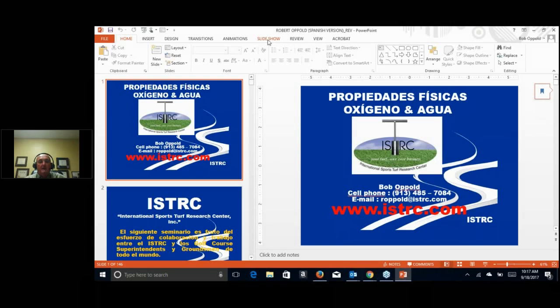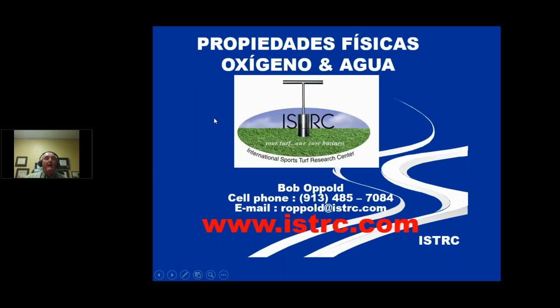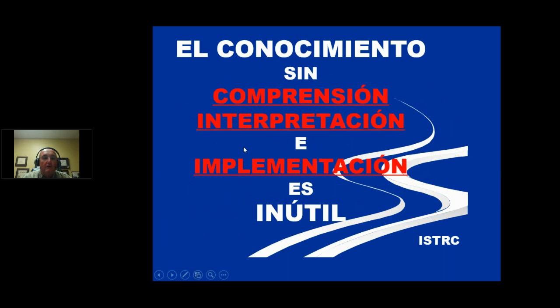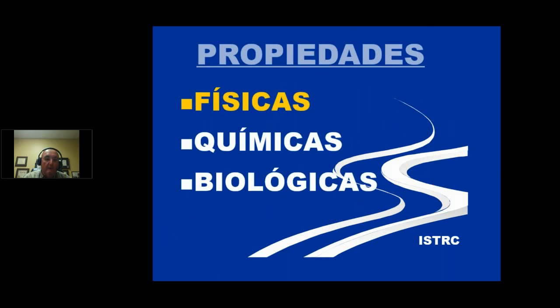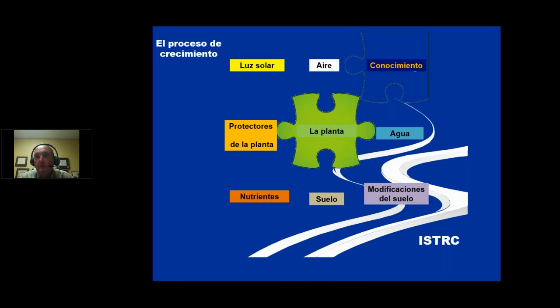But we introduced the concept of what physical properties is all about, which is simply the balance of water and oxygen in the soil. And so as I'm going to scroll through here through the first parts of what we were working with, we're looking at physical properties and also with the biologicals, and on this one here we're looking at the different pieces of the puzzle. All right, and first we start with the plant, and this is really what it's all